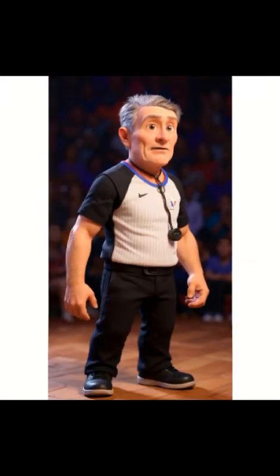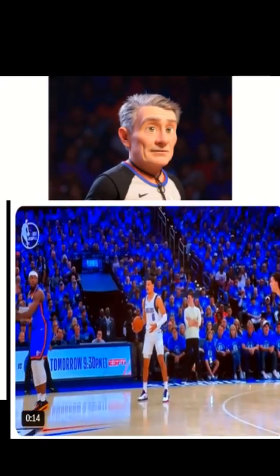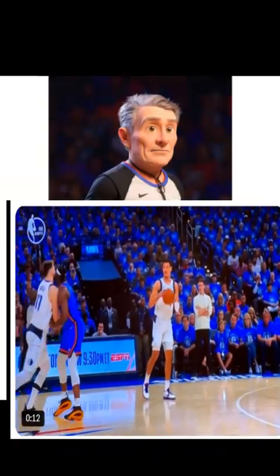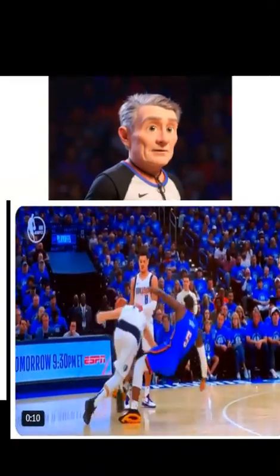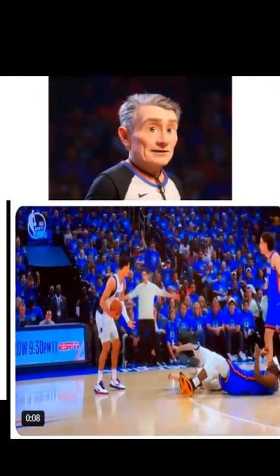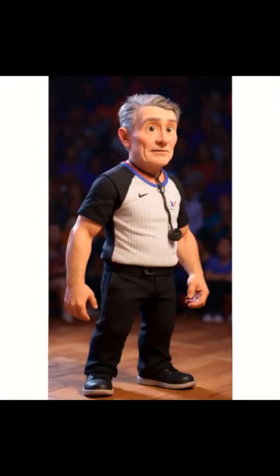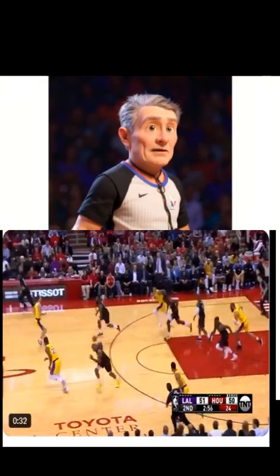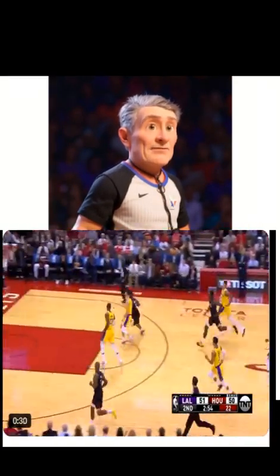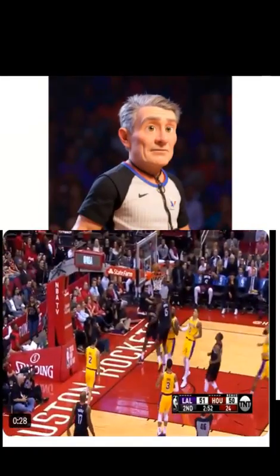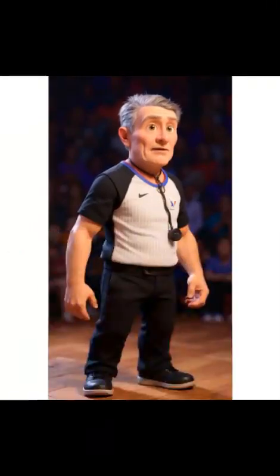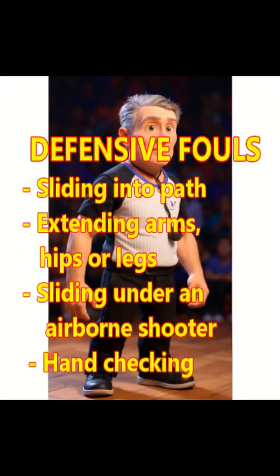A defensive foul is when contact occurs and the defensive player is not in legal guarding position, moves into the path without giving the offensive player time or space to avoid contact, or makes illegal contact that impedes the progress of the offensive player. Defensive foul examples include sliding into the path of a dribbler without establishing legal defensive position,